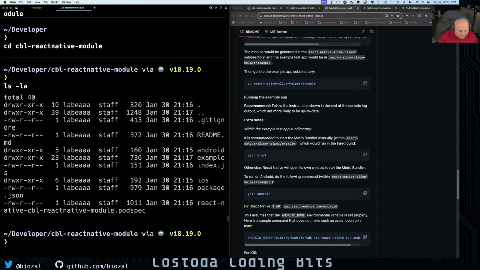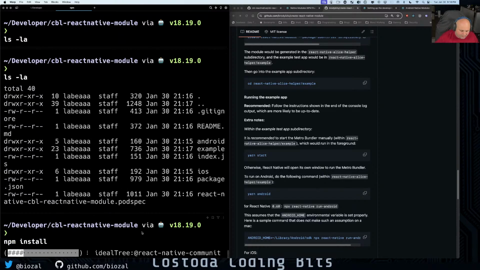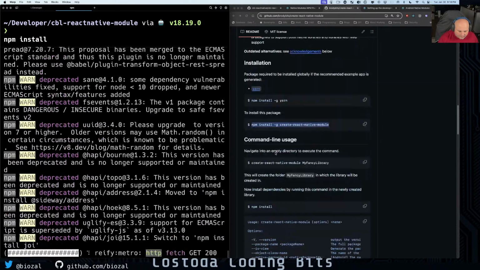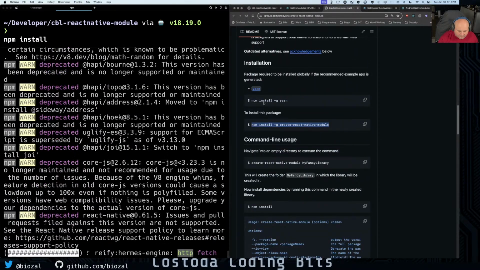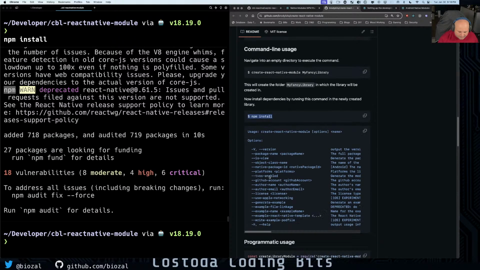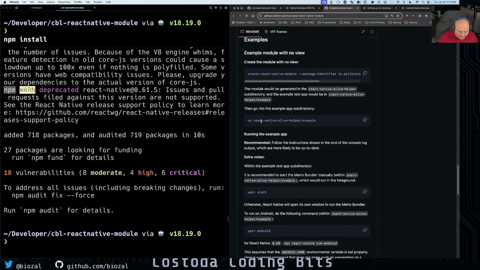Let's see what we have here. So we have a README, an Android example, an index, an iOS, a package. So npm install, we'll install the packages. That's up here, and the docs here. Where is it? Up here. npm install, that's there. So then after that,